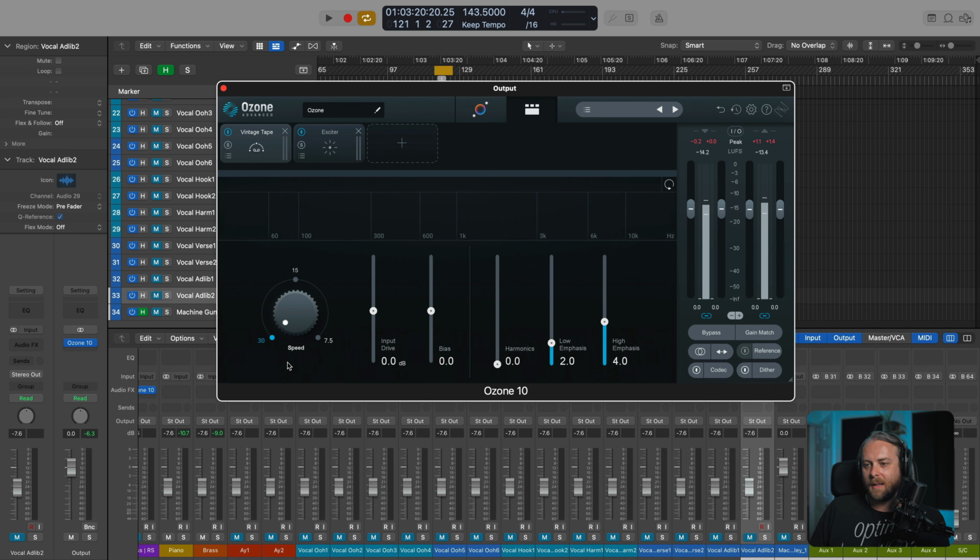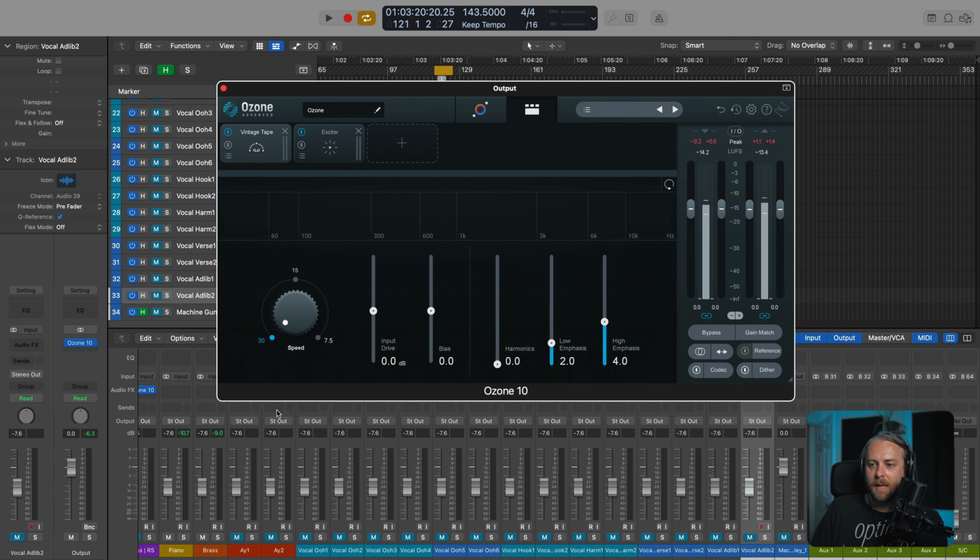And it really is just designed to give you all the nice qualities, chaotic qualities, if you will, of a tape deck without the nuisance of having to calibrate it or replace anything. It's a real nightmare if you've ever had to do it in real life. And we have the input drive, bias, harmonics, low and high emphasis, as well as a number of speeds, inches per second, IPS. Faster speeds like 30 can improve high frequency response, whereas going over to 15 or 7.5 can bring in some background noise, cause some shifting, but that's maybe a good thing depending on what you're working on.